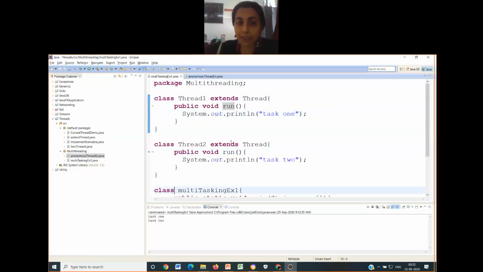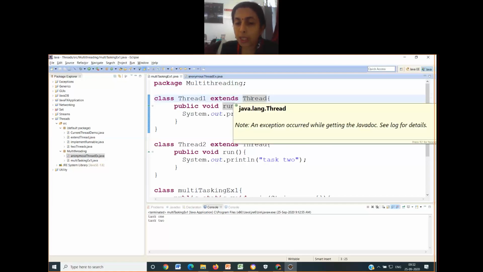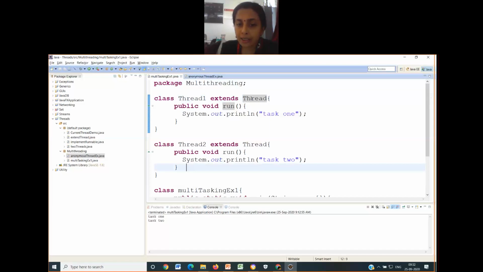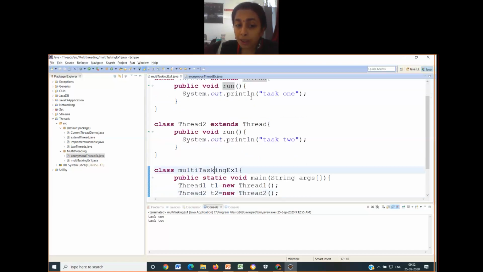How many classes in the single program? Three classes. For the first two classes that are being shown, you can see after the name of the class it is followed by extends Thread. The meaning of this is that the first two classes are the thread classes. The third class is named the same as the name of the file.